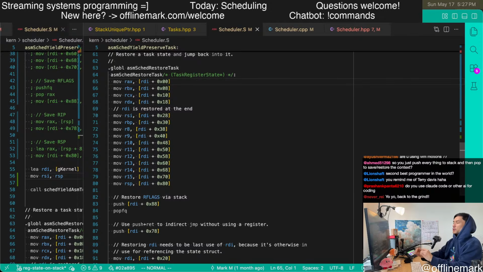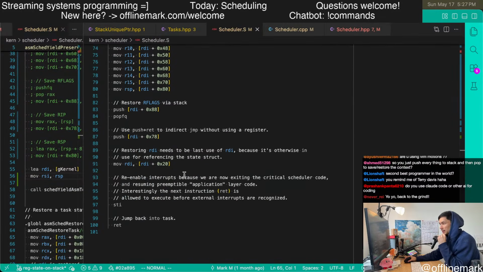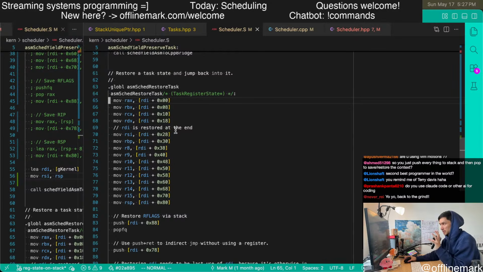One of the entire motivations of this cleanup, this re-architecting, is to simplify this exact assembly routine. If you're watching right now, you'll be able to see in real time as I simplify this code pretty dramatically, I think. But so what's the deal?